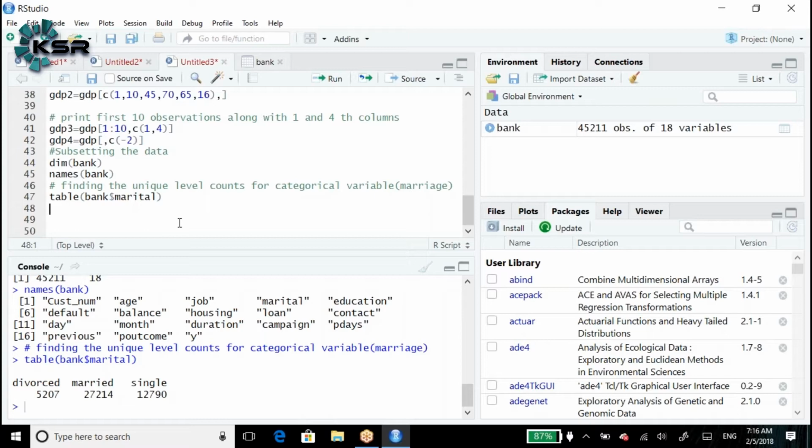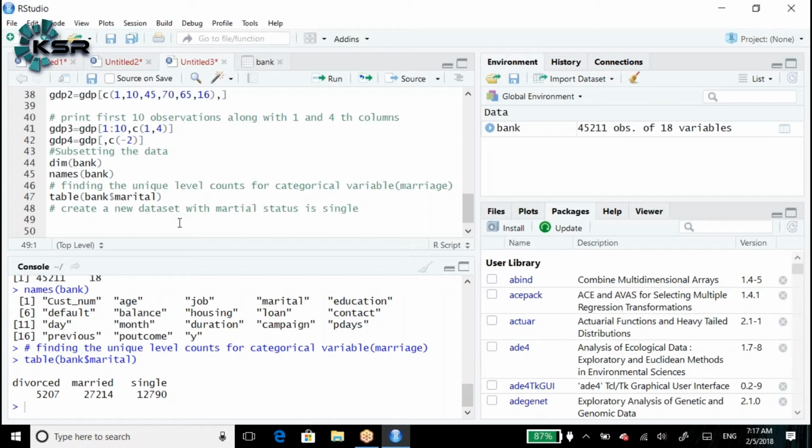We would like to create a new data set wherever marital status is equal to single. Marital status is single.